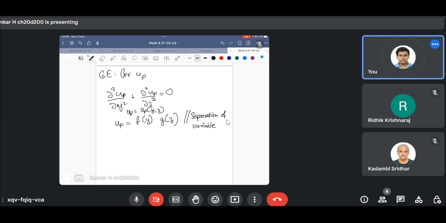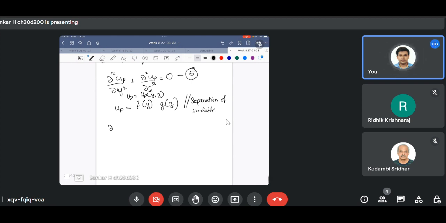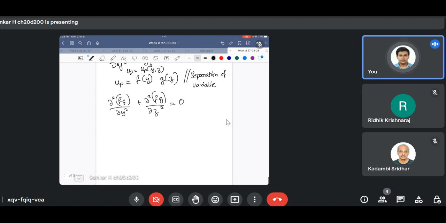Okay, therefore I can write this above equation, let's call that equation 5, as ∂²(fg)/∂y² plus ∂²(fg)/∂z² is equal to 0. This is not d, this is ∂z². Now we know that f is only a function of y, g is only a function of z. Therefore, this equation becomes,